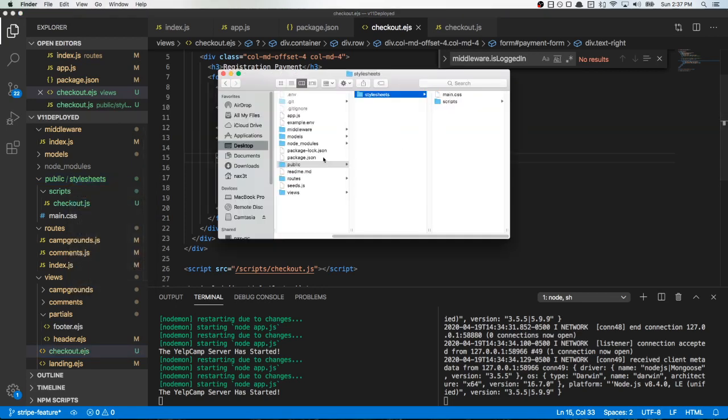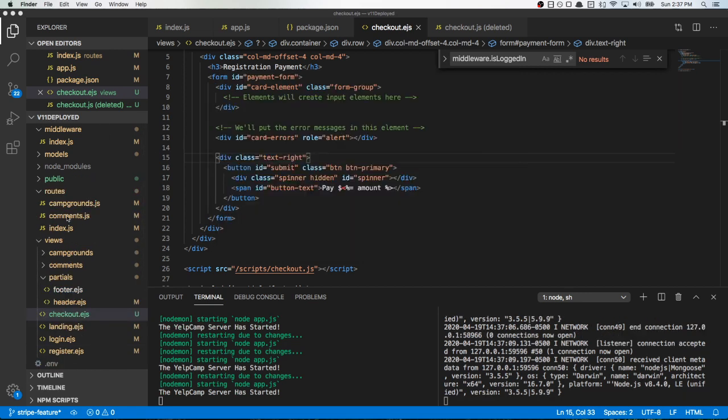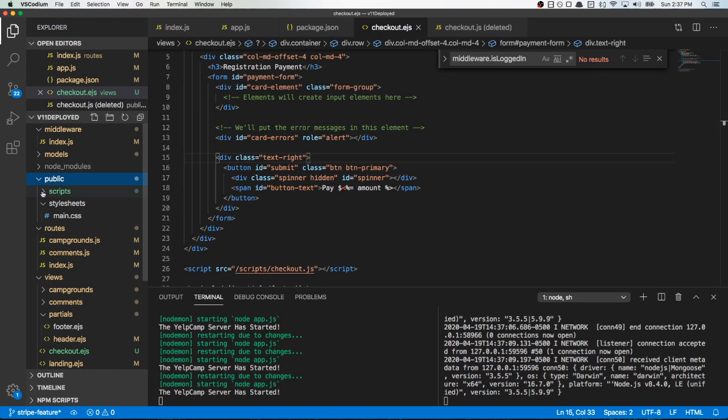Reveal on Finder. Oh, that's weird. That was meant to be here. Yeah. So there we go. I was wondering why that was together. All right, so in public, we have scripts, we'll check out, and then we have style sheets, we have main, so